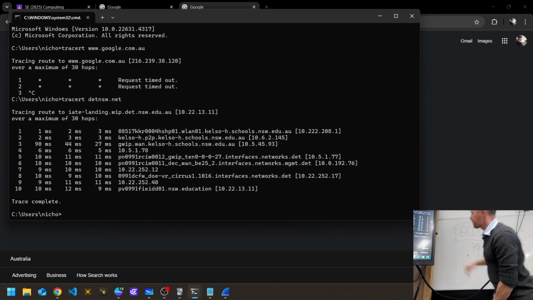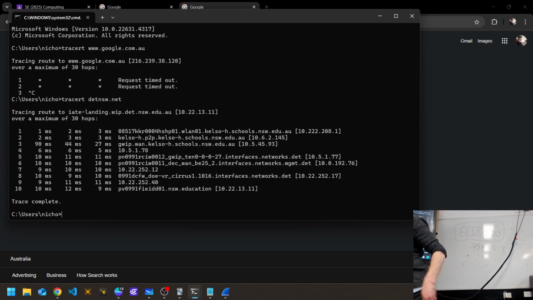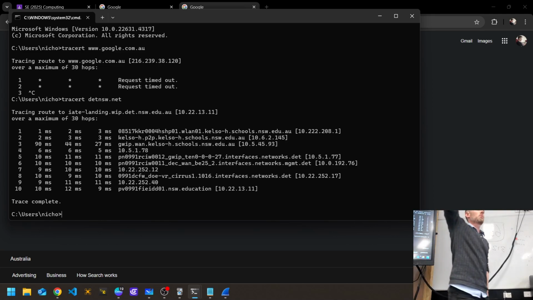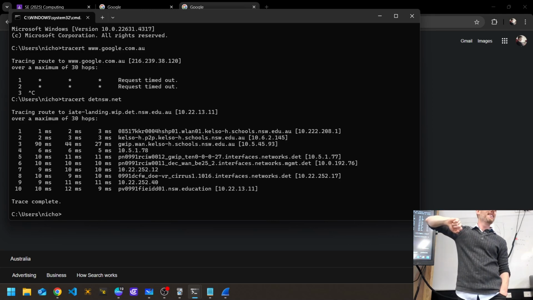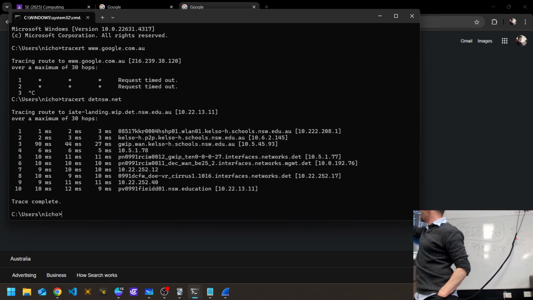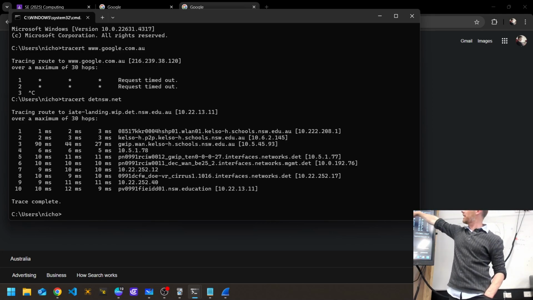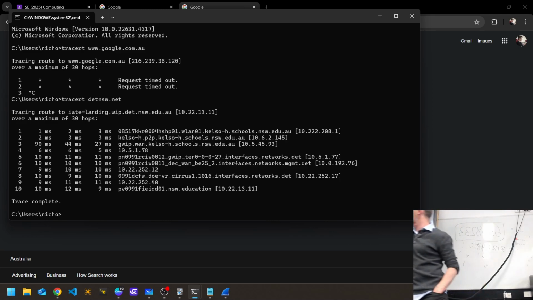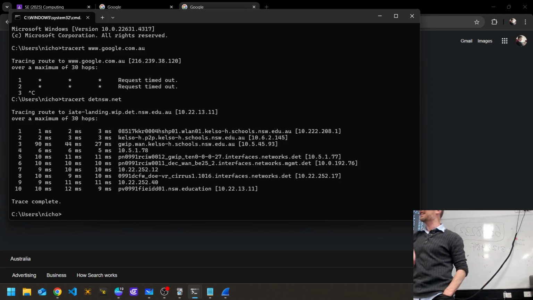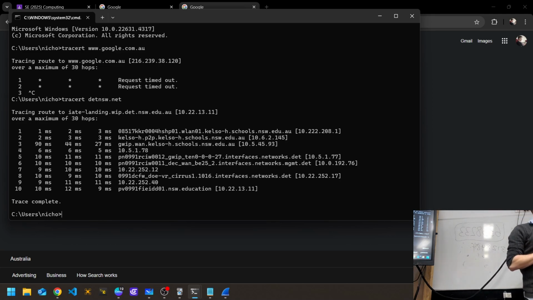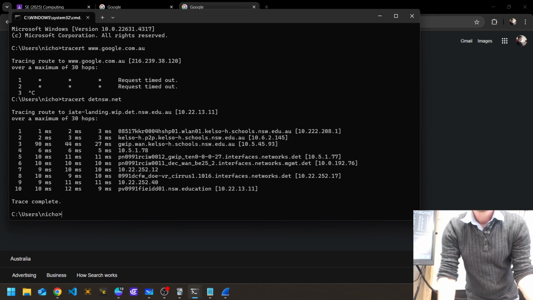So if you start off at the top, 10.222.208.1, that's essentially what you call the router of the Wi-Fi network. It's then gone to some kind of Kelso server. It's gone a bit further, oh look, WAN. It's then gone to this server, don't know what it is, we could find out with a bit of detail. It's then gone to the department network, to another server, to something else, to another server, and finally it's got to that login page that you use. So tracert allows you to figure out where you're going to get to this place, and it shows you all the hops in between. Okay, so if you want to have a go at that, guys,